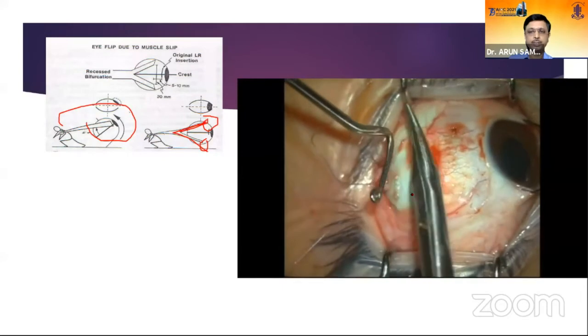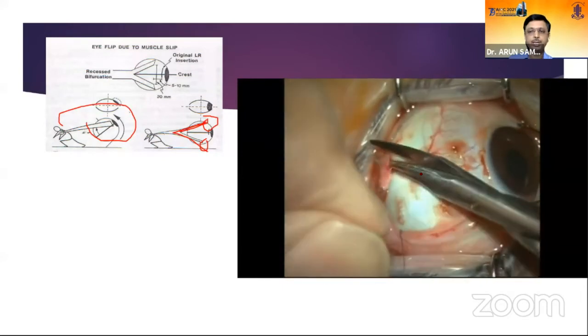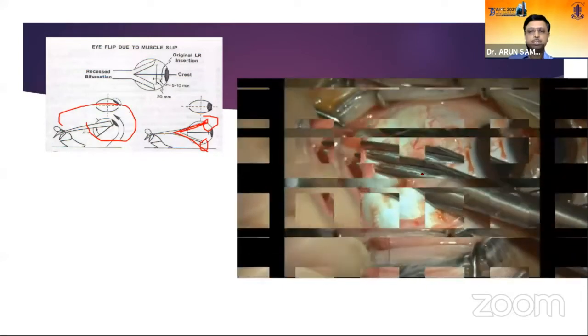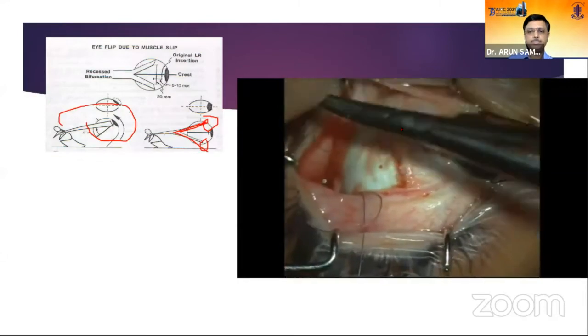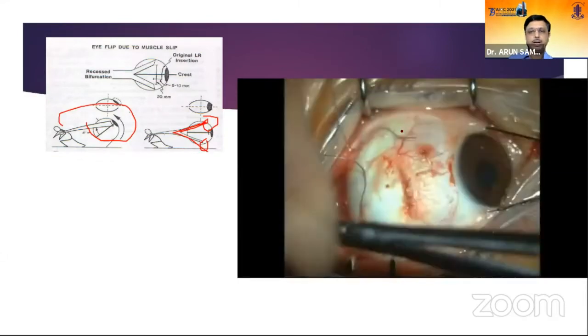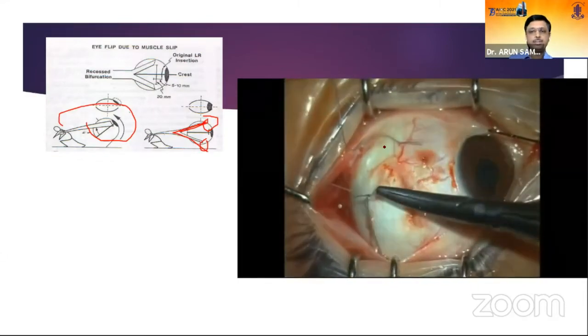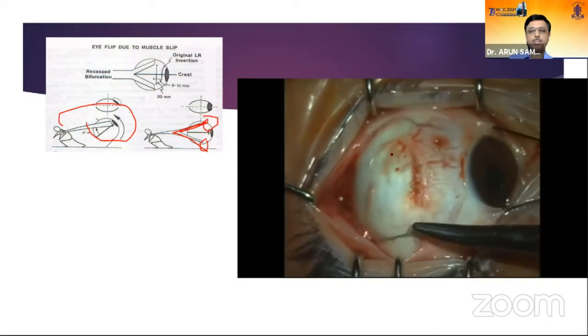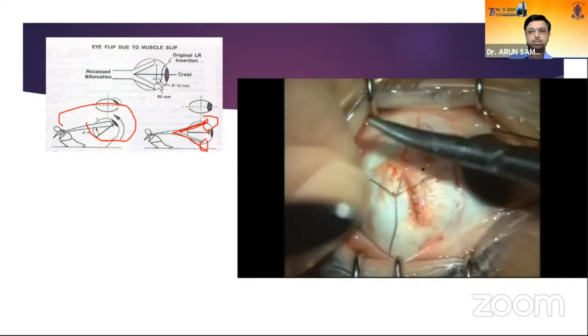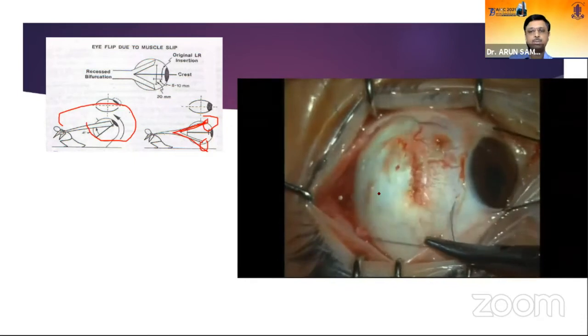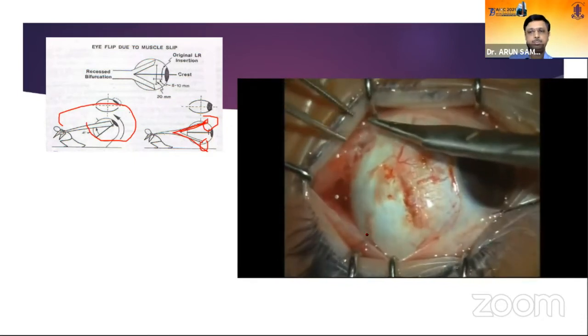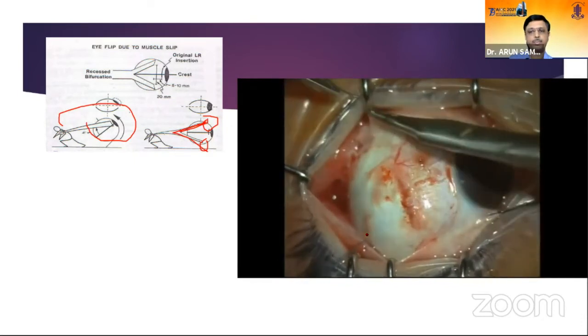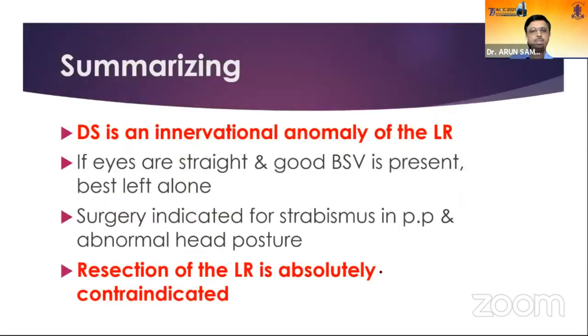The adhesions also prevent the lateral rectus muscle, so it's important to remove all those adhesions. You split the muscle and suture it right apart, so the globe doesn't slip over the muscle. We are doing a recession plus a Y split. So this will be the post-operative result when you do the surgery.